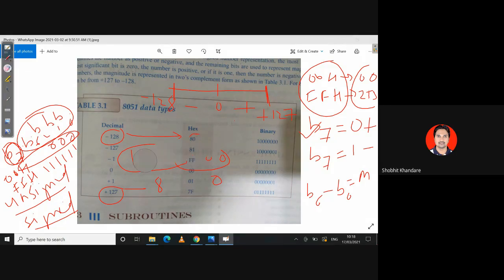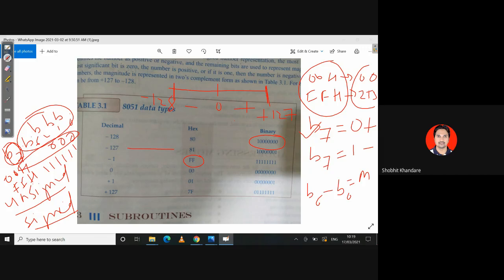Okay. So what I mean to say is that your ranges and the decimal representation and the corresponding hexadecimal number and the corresponding binary number, which I just wrote here for you, are the same thing. Can you see here? Okay, same thing is for -127. It is 81 representation. The binary is represented in this manner. -1 is represented by FF. You can try this as a homework.